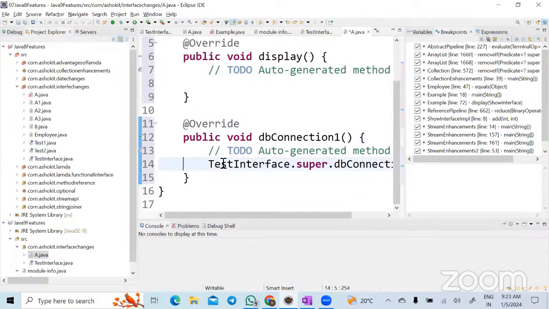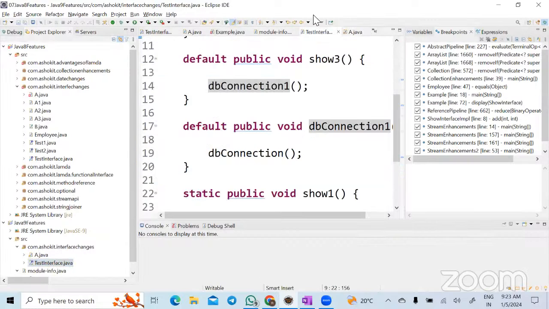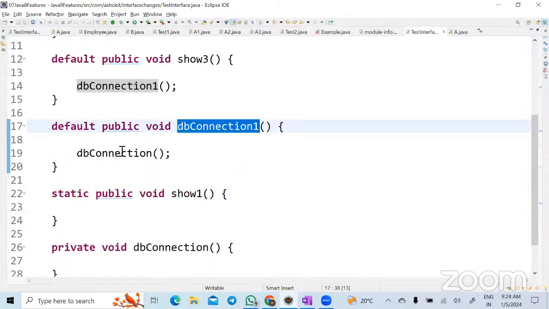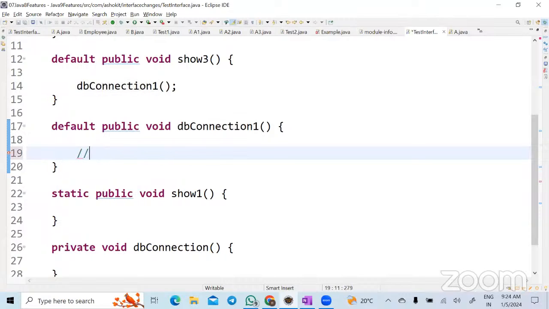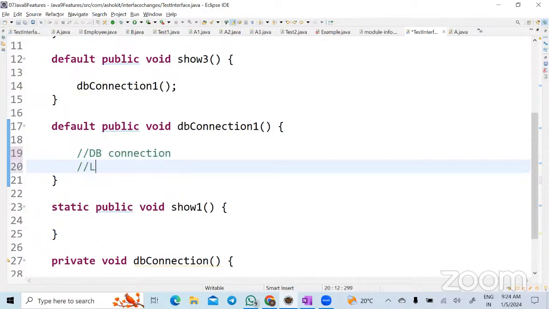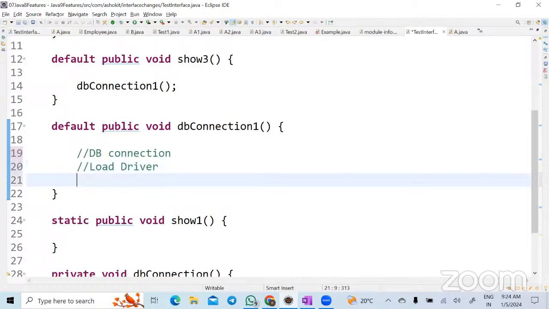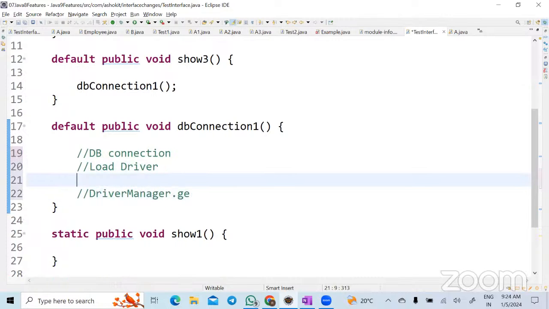Now, if you override this, I'm writing something here. Instead of writing a DB connection, I'm writing x equal to a plus b, x equal to 10 plus 20. That means, see here, in my interface, the method name is DB connection one. It's a default method, and in this one I will write the code for the DB connection. So DB connection means what do you do? First load the driver, correct? In order to load the driver, what do you do? First load the driver and then create connection,